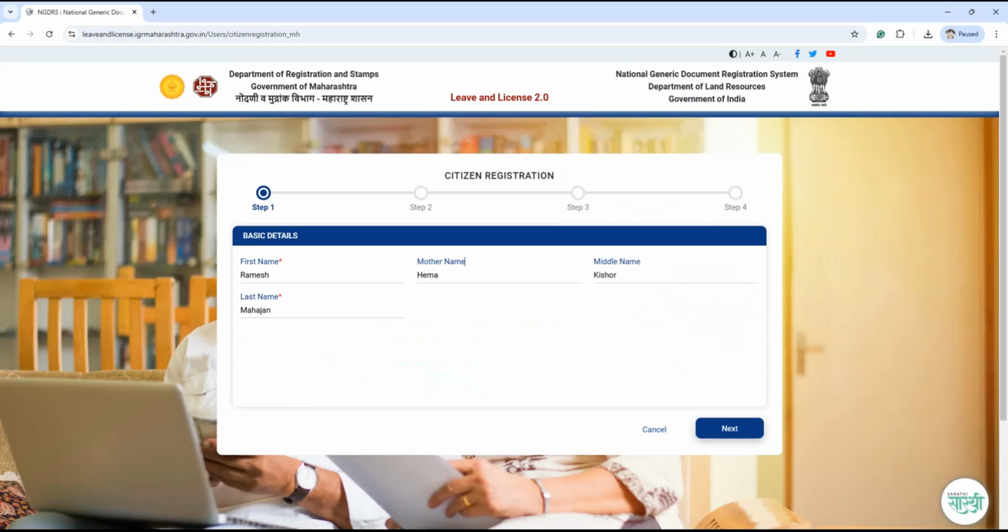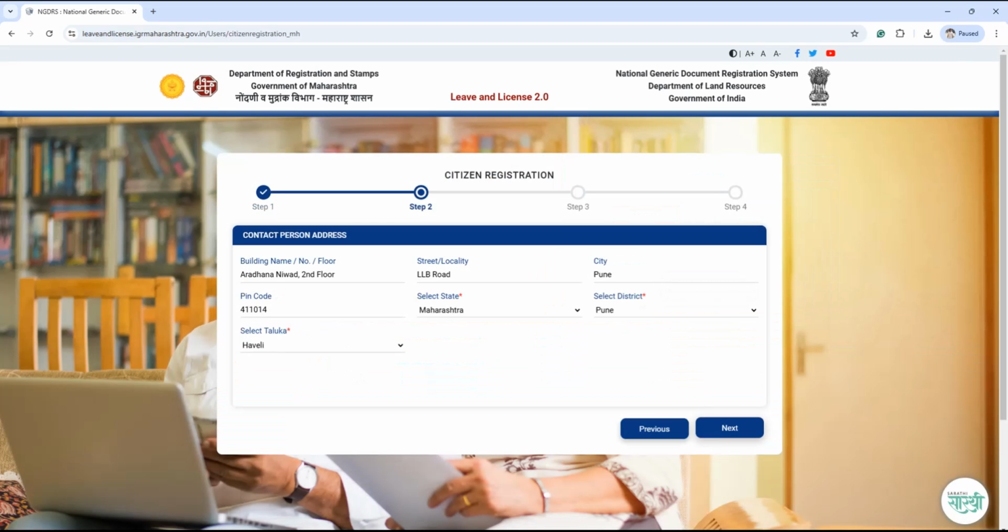Now in the Basic Details section, enter the first name, mother's name, middle and last name in the respective fields and click the Next button. In the Contact Person Address section, enter the name of the building, number and floor. Enter street or locality, city and PIN code, then select state, district and taluka respectively from the respective drop-downs and